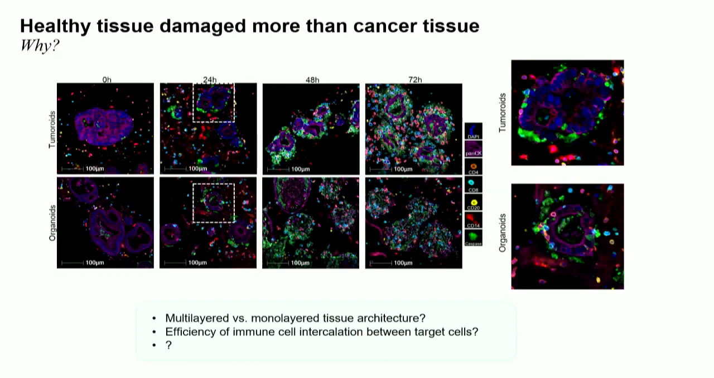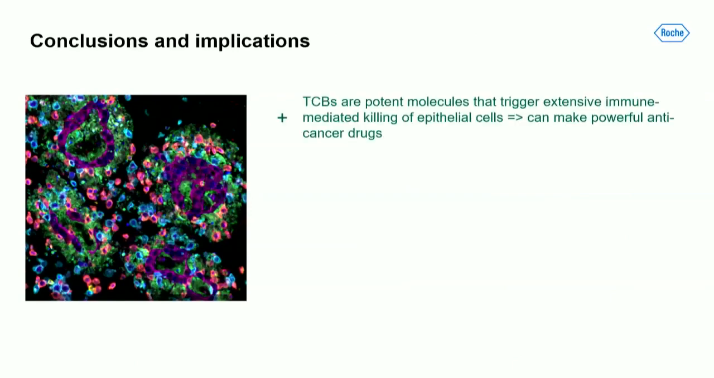All right, so I'm almost done. Let's translate these observations into a couple of conclusions and implications. First, there's some good news. We find that TCBs are potent molecules that are really good at recruiting immune cells. That means they can make promising and life-saving therapies, right? Bad news. They seem to be at least as effective at targeting healthy cells as they are in tumor cells,